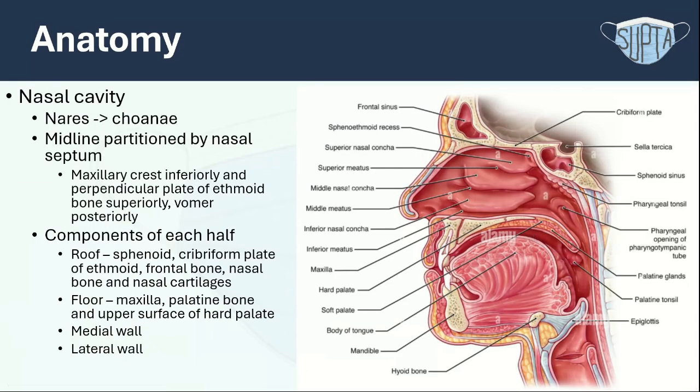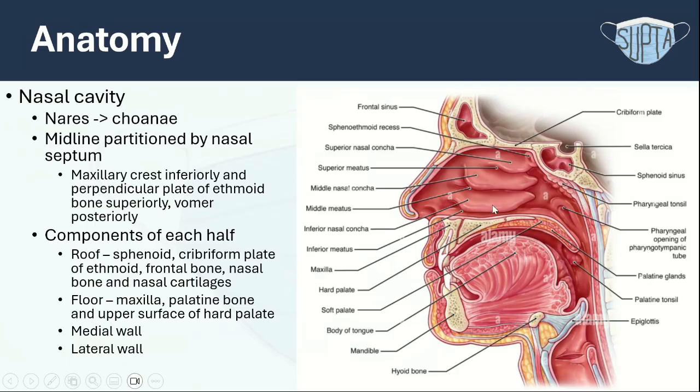So talking a bit more about the nasal cavity, you have the nares to the choanae. The midline is partitioned by the nasal septum. So you have the maxillary crest inferiorly, the perpendicular plate of the ethmoid bone superiorly, and the vomer posteriorly. And then you have your roof, which is formed by the sphenoid, the cribriform plate of the ethmoid, the frontal bone, the nasal bone, and nasal cartilages. The floor is formed by the maxilla, palatine bone, and upper surface of the hard palate,